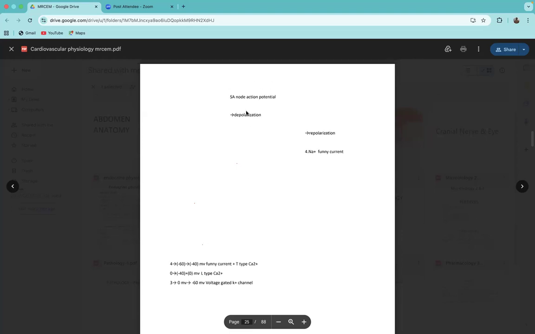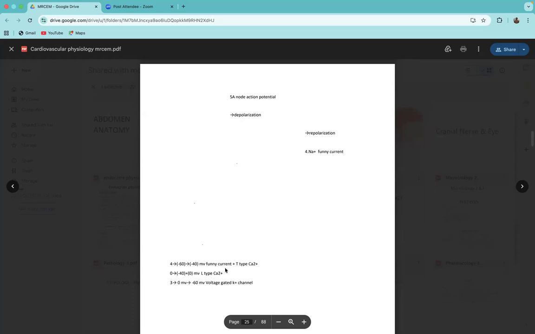Okay, so the SA node action potential is a bit different, where there is depolarization and repolarization, and the funny current, funny sodium current, is present. In this case, there will be a shift from minus 60 to minus 40 millivolt due to the presence of the funny current plus the T type transient calcium channel. As we have already known, after the depolarization there will be presence of funny current sodium channels plus the transient